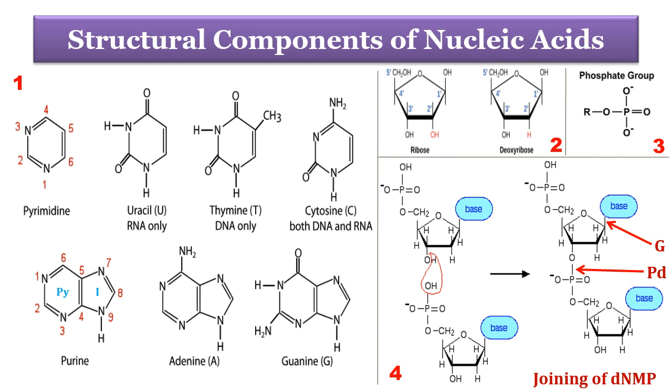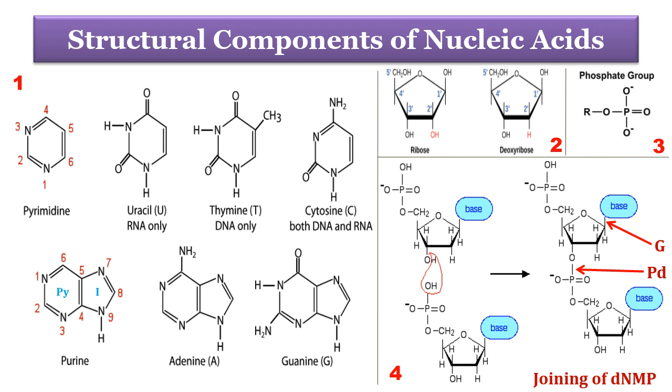Here R represents an alkyl group, which in case of DNA is deoxyribose sugar and in case of RNA is ribose sugar. Now look at image 4 and 1. While forming nucleosides, pyrimidine ring atom number 1 and purine ring atom number 9 having NH group forms the glycosidic bond with the OH hydroxyl group of the carbon 1 of the sugar by eliminating H2O molecule, which is labeled in image 4 as G for glycosidic bond.